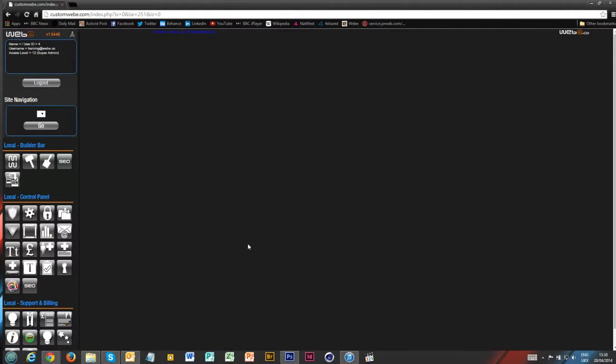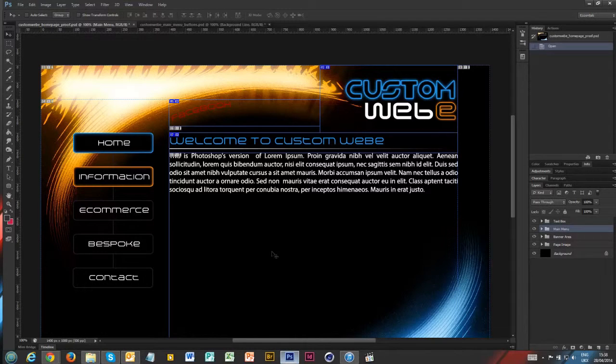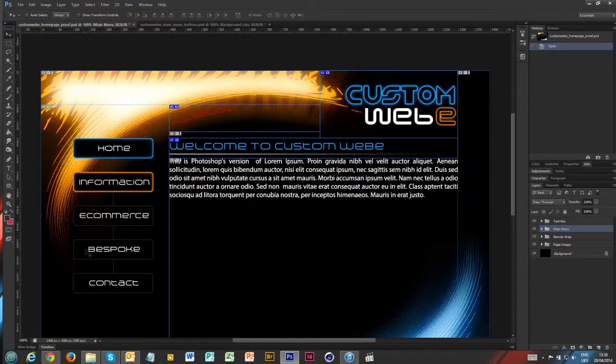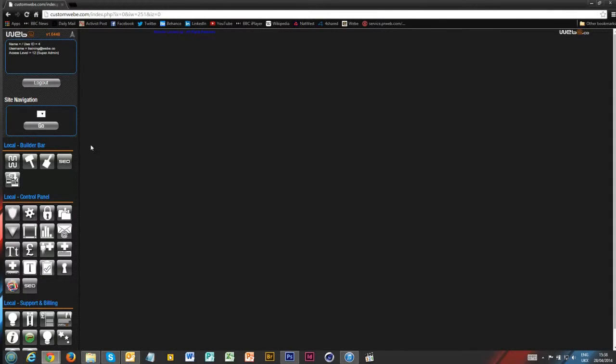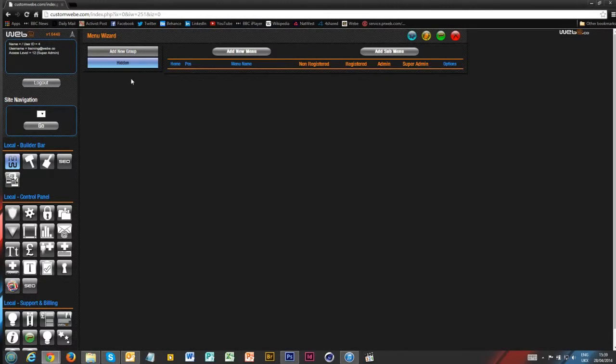Right, step one is to create your pages. If we quickly refer back to the Photoshop, you can see I need a home page, an information page, an e-commerce page, one entitled Bespoke, and a contact page. So I'm now going to go and create them on my Custom Webe website. I'm going to go onto the local builder bar and find the menu wizard. Up here, now open the menu wizard. What I want to do first is add a new menu group, and I'm going to call it main menu,